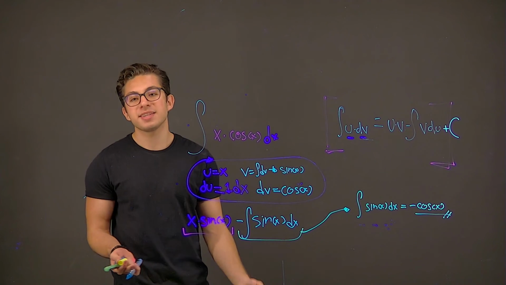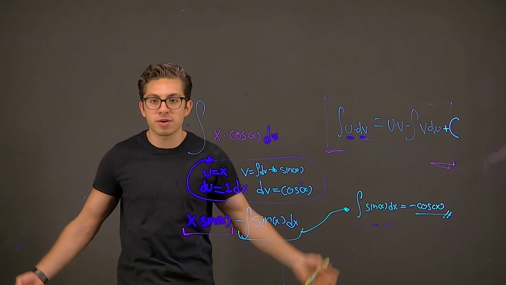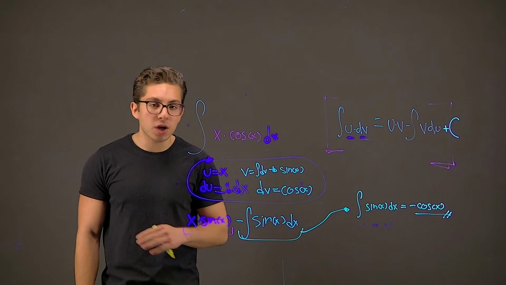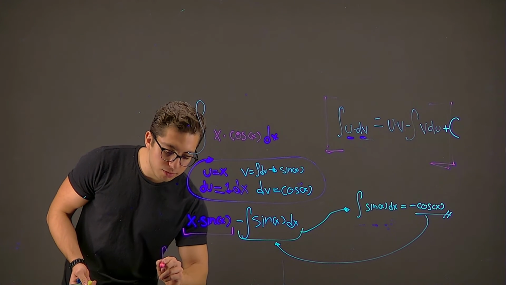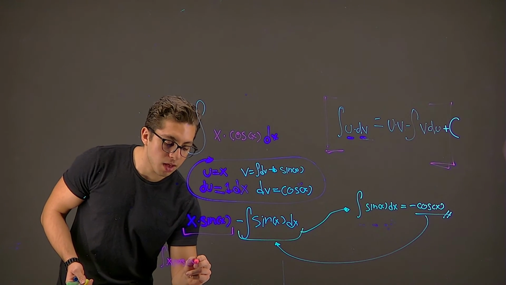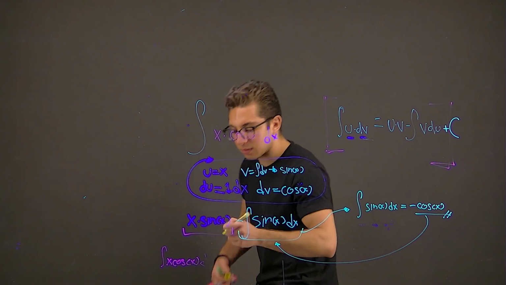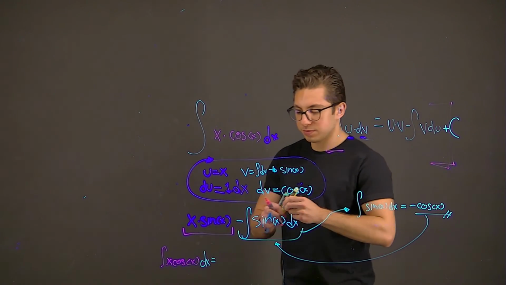Ta-da! I did it easily because I do math, I do calculus for a living, for studying, for university, but if it's your first time doing integration, it's going to take a while. Don't worry, it takes time. So our final result would be that the integral of x cosine of x dx equals